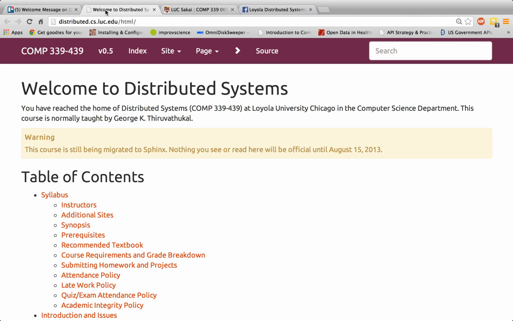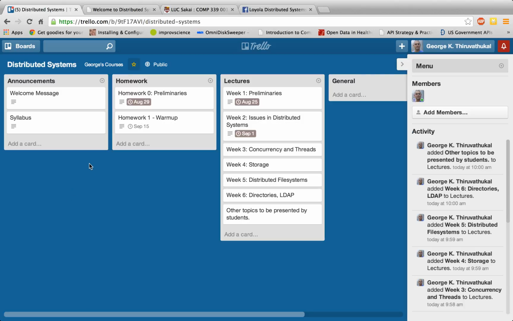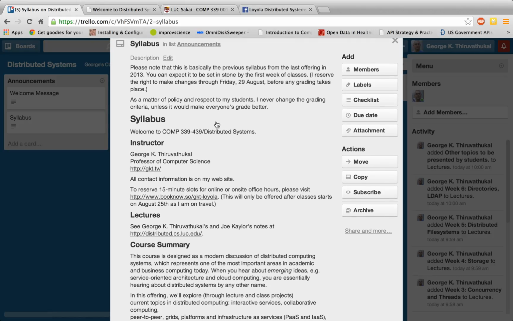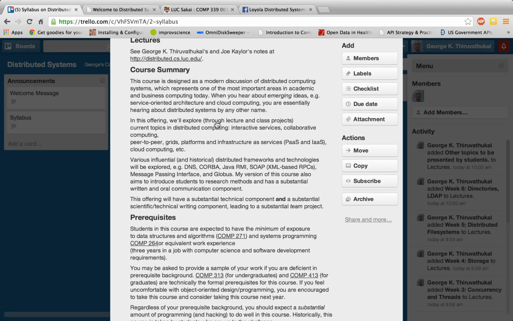I want to spend a few minutes, if everyone will just indulge me for another maybe 10 to 15 minutes, talking about the syllabus, because I haven't actually had an opportunity to say much about this, because I often design my syllabi to do most of the talking on their own. This is something I usually would spend about 30 to 40 minutes on in my on-site class. So I want to say a few words about the overall approach of this class. So I'm going to go straight to the course summary.